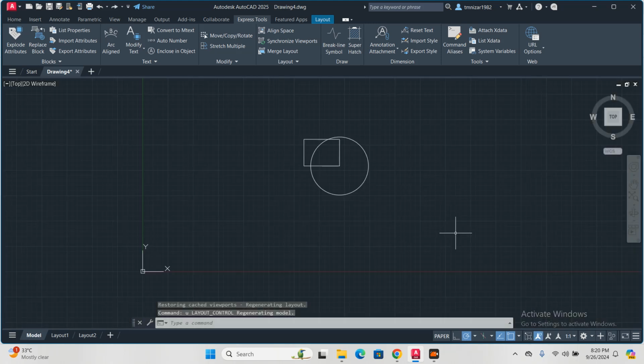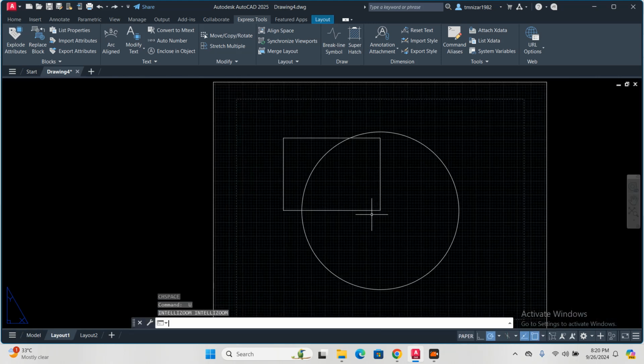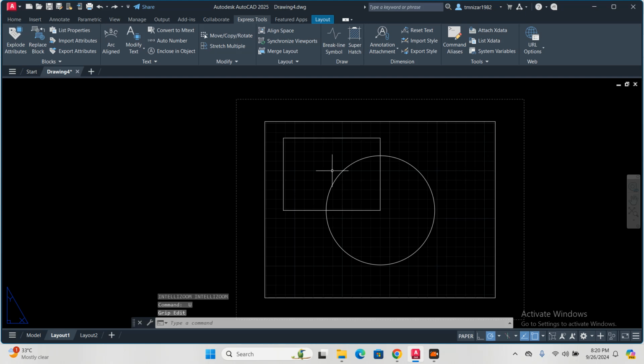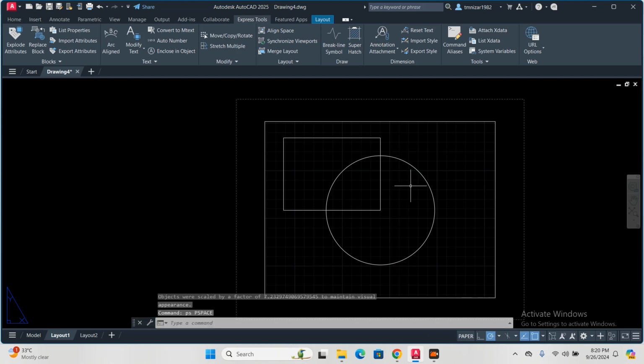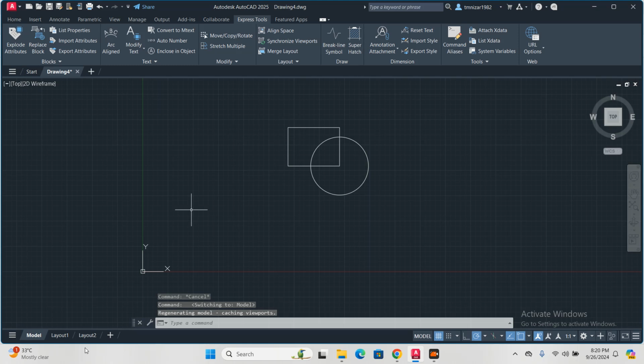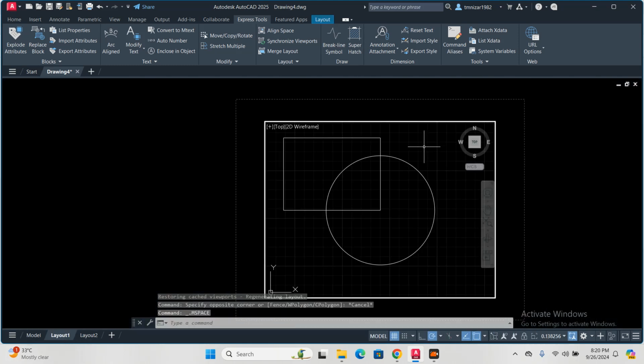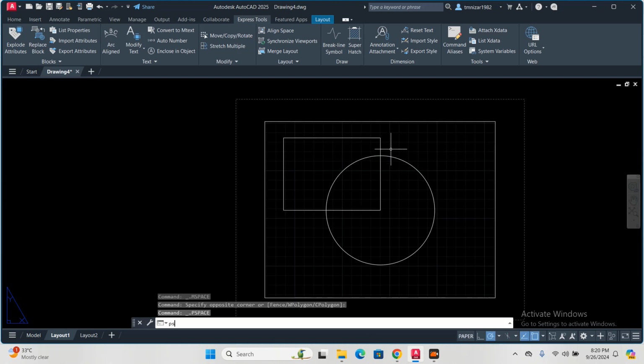But in almost the same way, I will undo again. So I will go to the old scale. Now again I am using CH space, enter, and you can type PS again outside. So this rectangle will go to the back side. Okay, now again you go to the layout and double click, or you can type